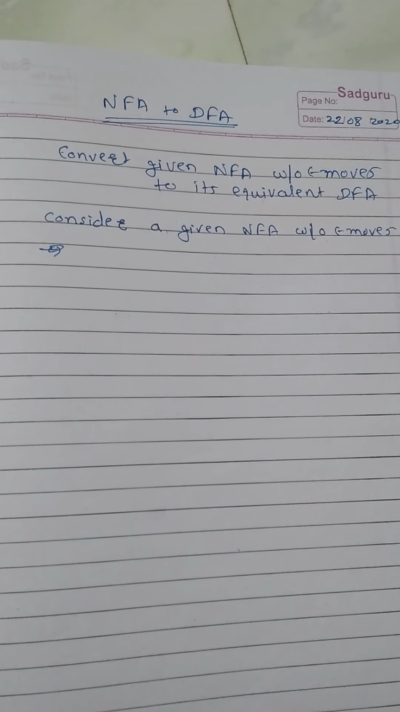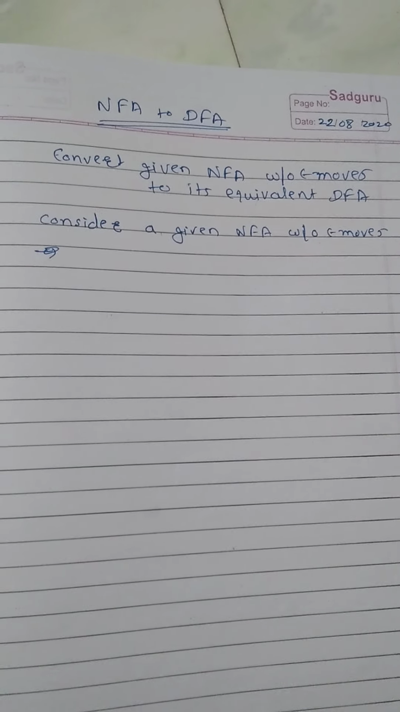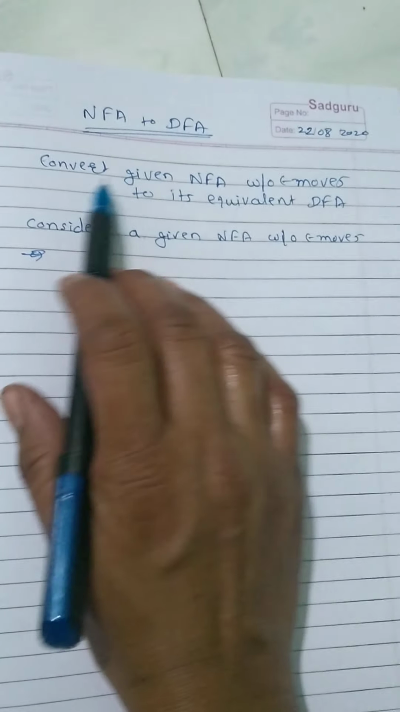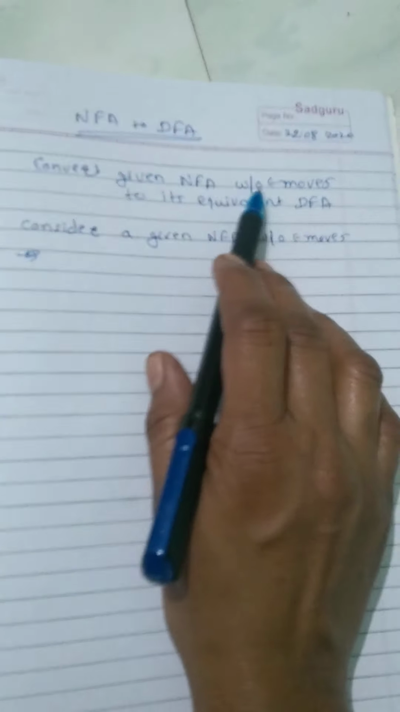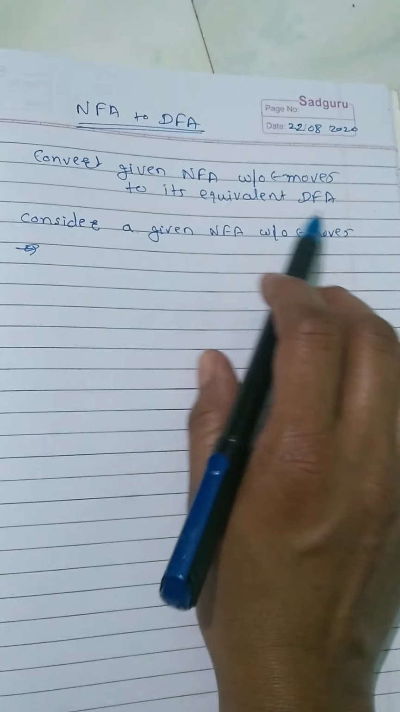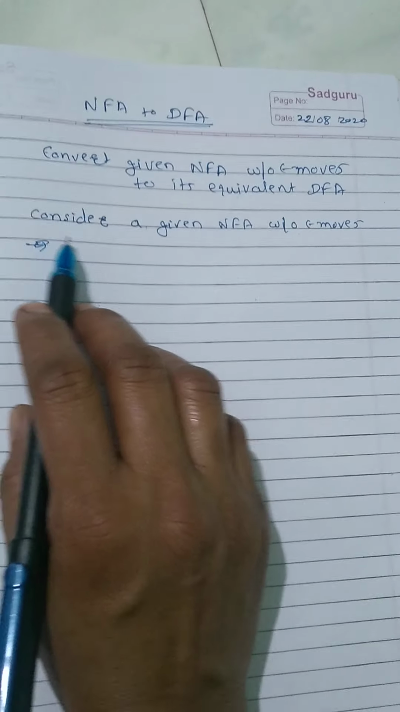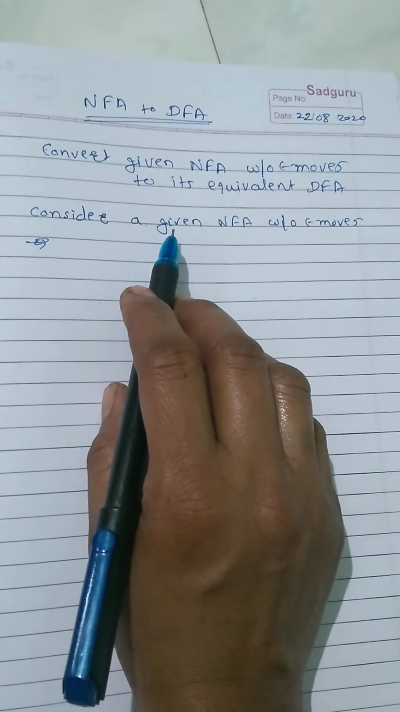Good morning to all. In today's session, we will see how to convert the given NFA to its equivalent DFA. Here we will convert the NFA without epsilon moves to its equivalent DFA. Now consider one example. Consider a given NFA without epsilon moves